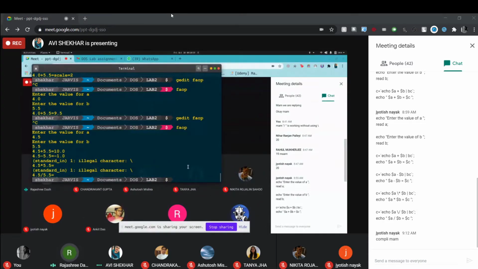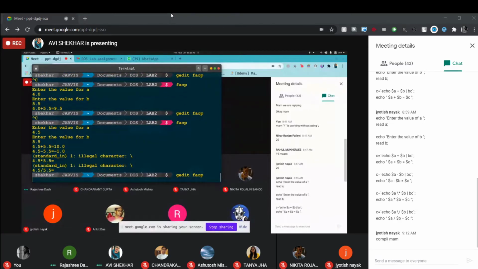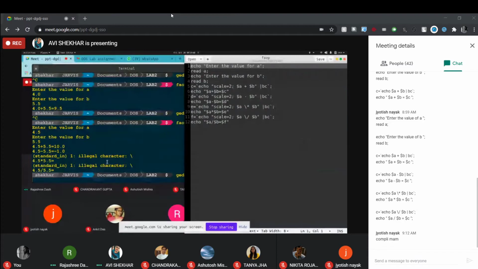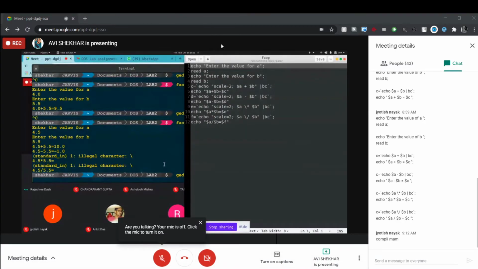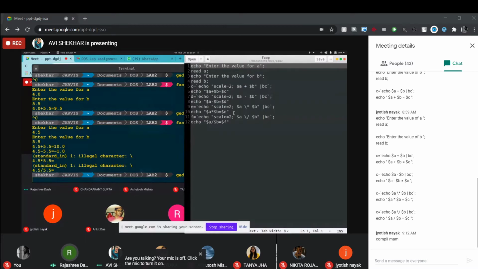You erase there the backslash in your code. It was showing error there. Yes, ma'am. Remove the backslash and see in your case whether it is working or not.